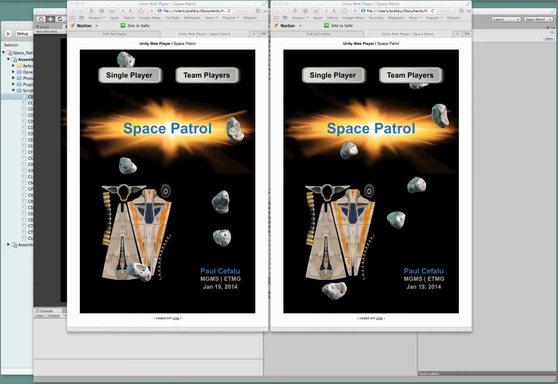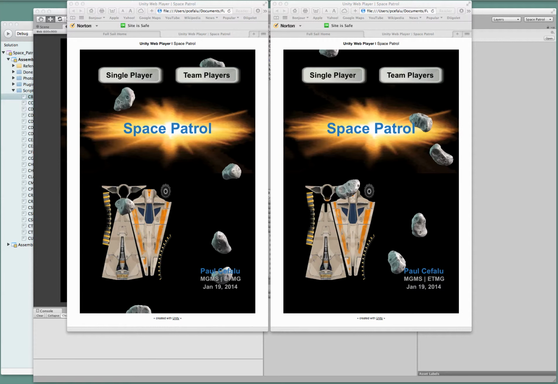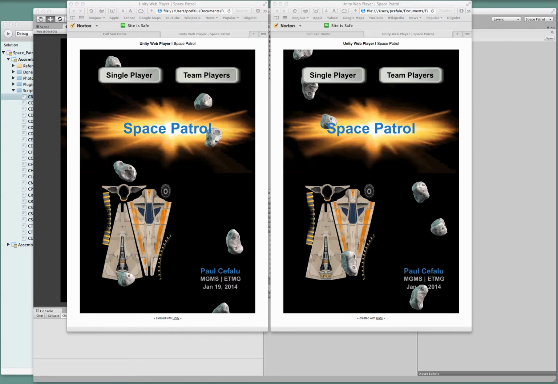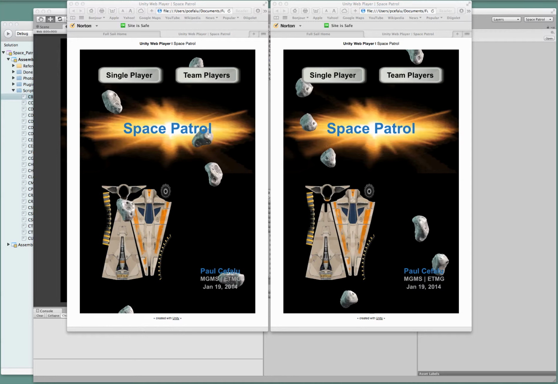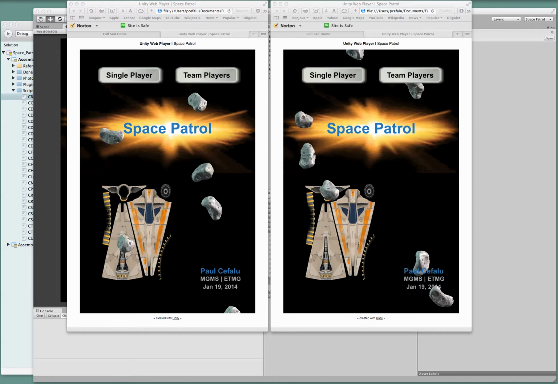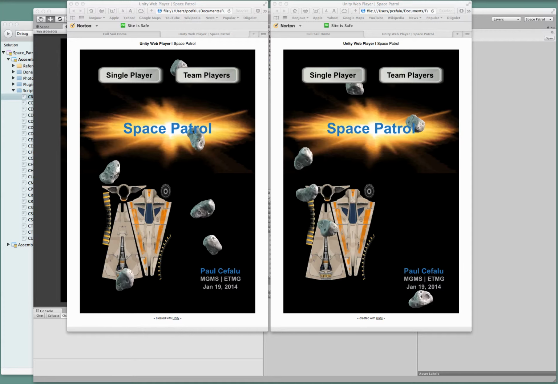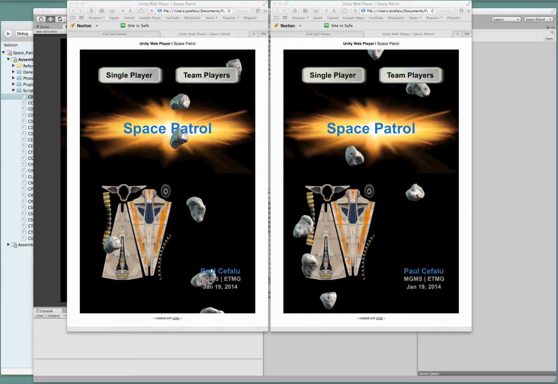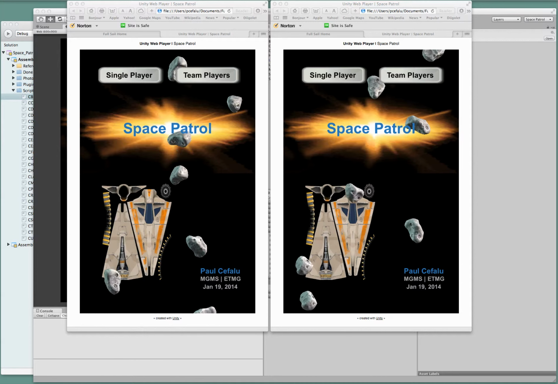Now we are going to talk about the multiplayer aspect of my video game. You'll notice that there's the team players button and the single players button. We're going to be focusing now on the team players button. So, multiplayer. For those that are not familiar with multiplayer and its concepts, think of it as there's a server,